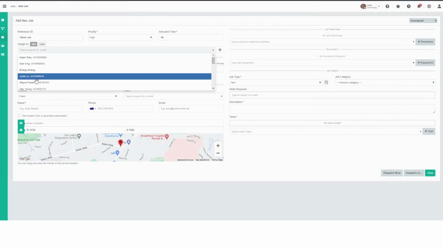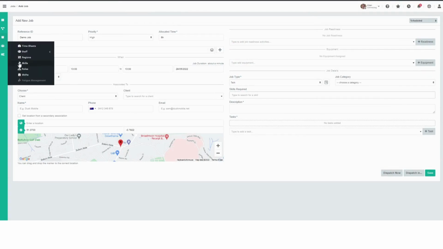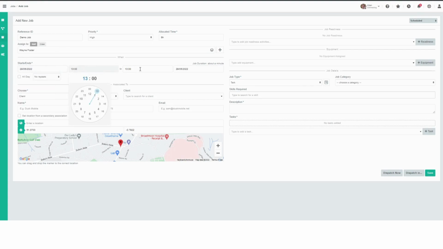From this list here, we're just going to select our user. Then we choose a start date, a start time, an end time, and an end date. In here, we're going to choose client, but if you've got others set up, you can choose those.